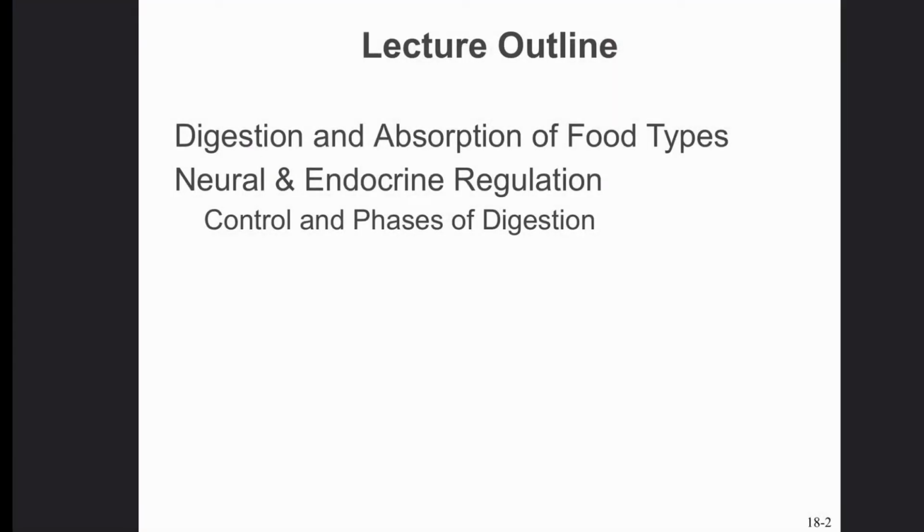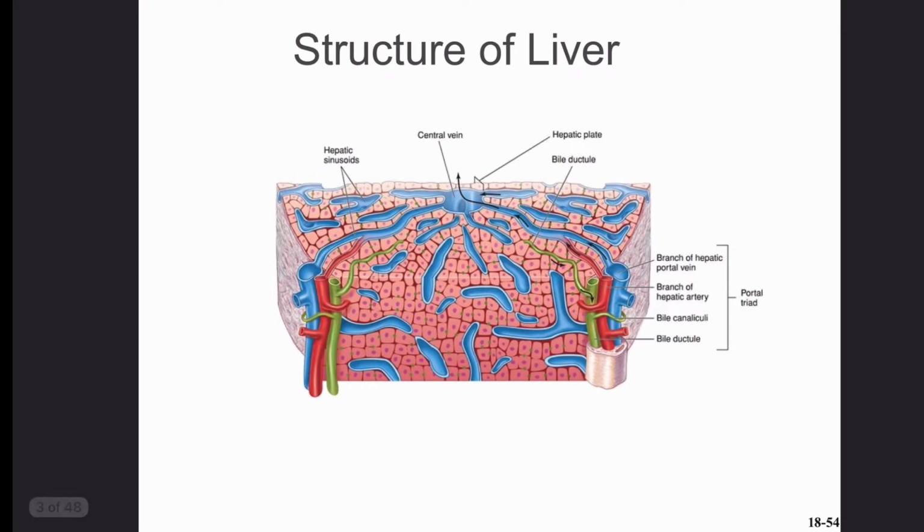Okay, in today's video, we're going to talk about the digestion and absorption of food types. We're going to look at the accessory organs of the digestive system now. And then we're also going to talk about how it is controlled, neural and endocrine regulation. As we said, we're going to talk about our